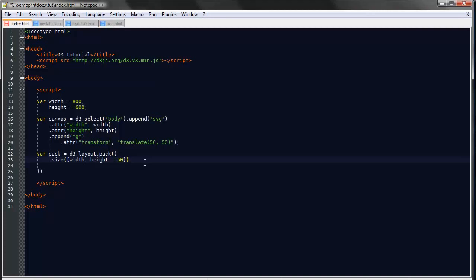Just make some room here. Also, we'll give each circle a padding of 10 pixels, and this is a method that is provided to us by the pack layout. Right, okay, so let's load up some data. We'll load our my data.json file, set up our callback function,